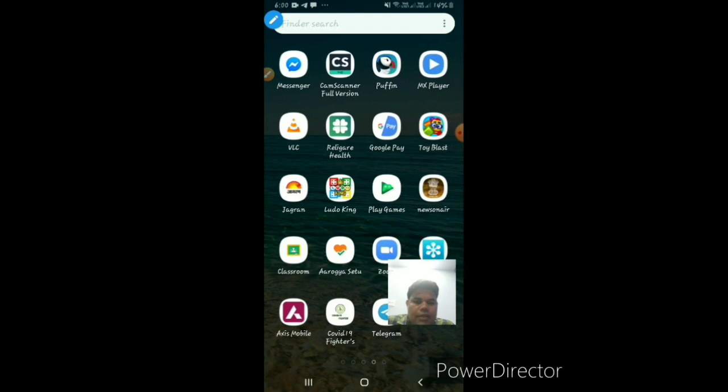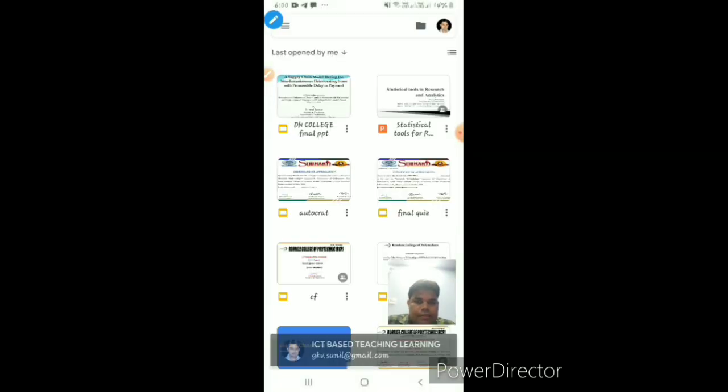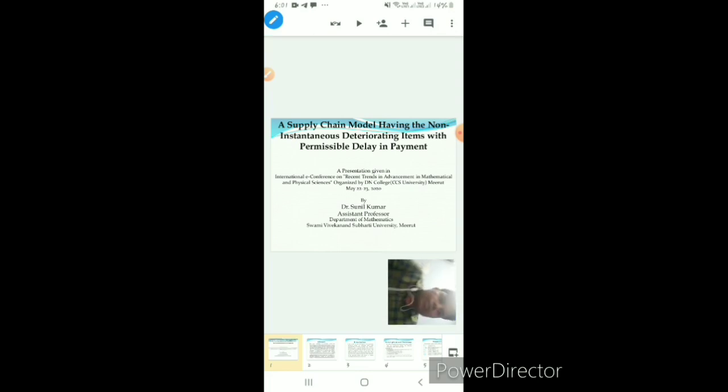For this I go to Google Slides, which is already installed on my mobile. There is some PPT. Now I rotate my mobile. Put the screen here.